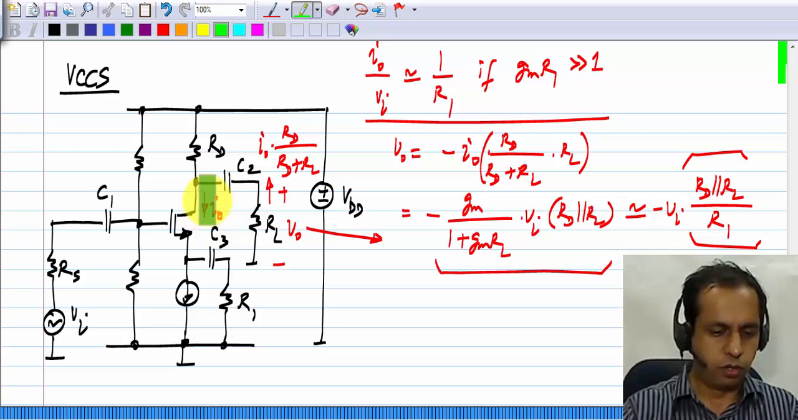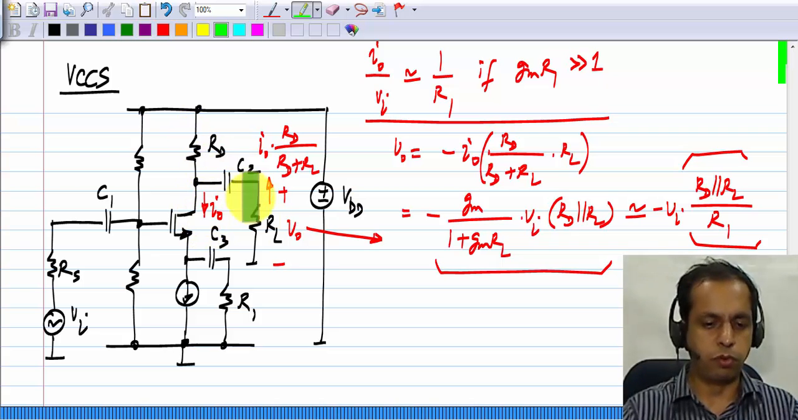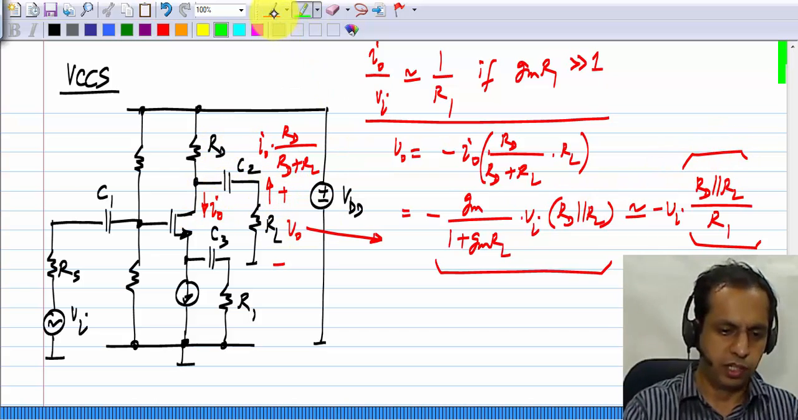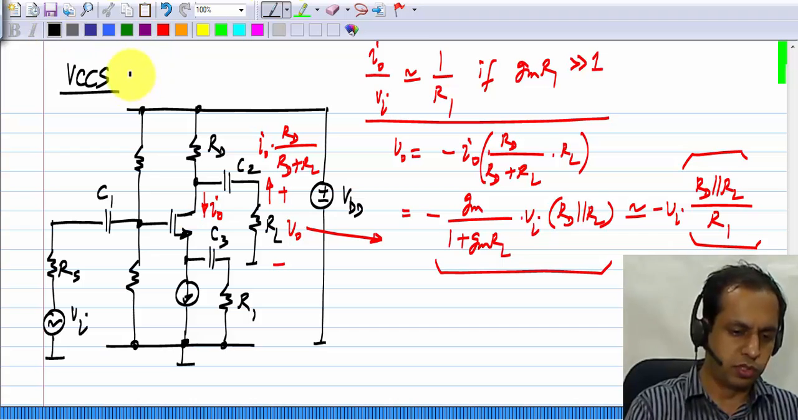This I naught is fixed. That is independent of what load you connect. So the voltage V naught will very much depend on the load resistance that you connect. So this is really a voltage controlled current source with a